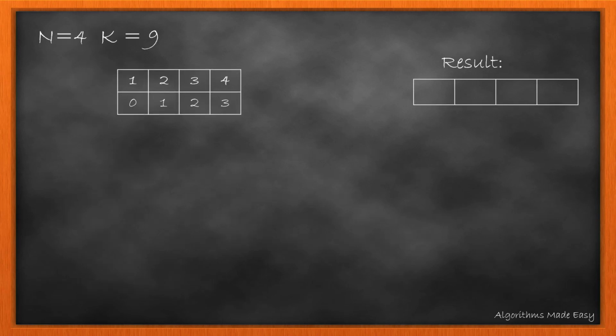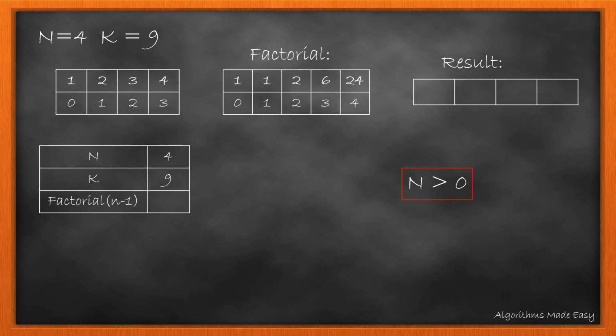Taking one of the same examples, let's try and solve it. We will initialize a list with values 1 to n and a result string. For simplicity, we have depicted it as an array. To save time in calculating factorial, we will store the factorials of 1 to n in an array too. As n is greater than 0, we will start the loop. We'll first find the factorial, which is 6 in this case.